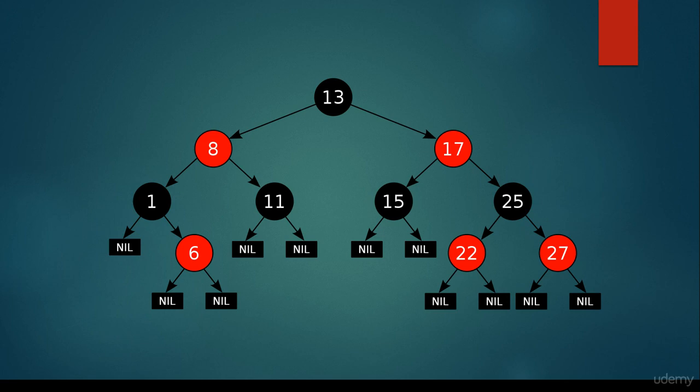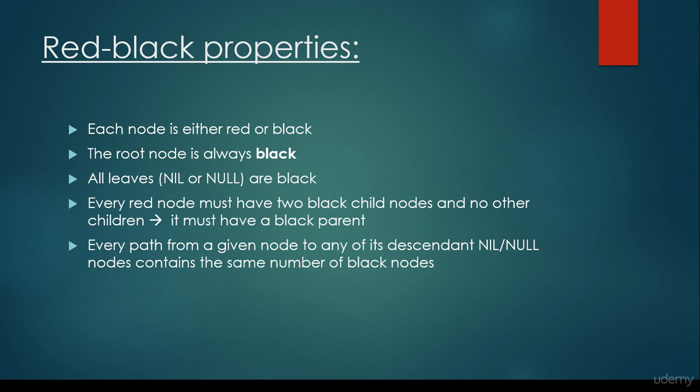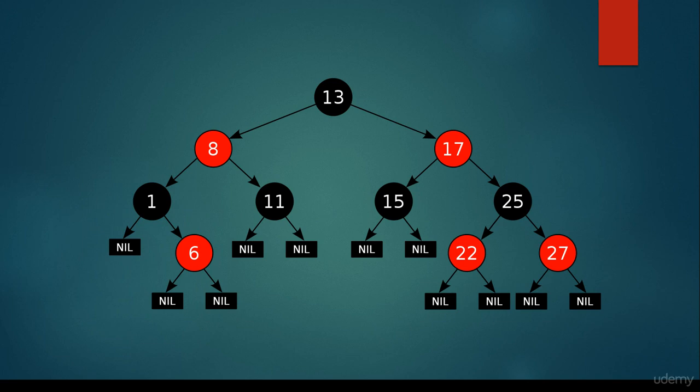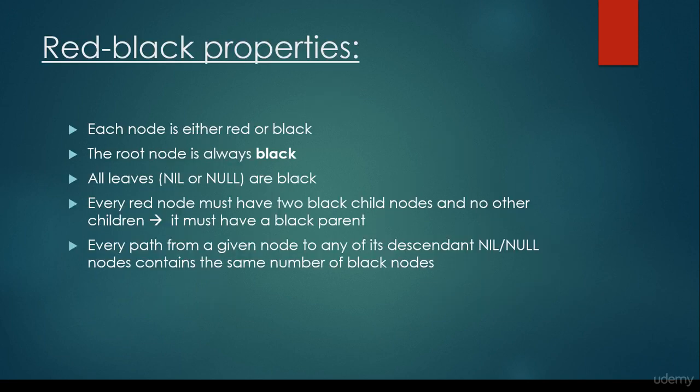Here we have to assign the color black to these null pointers because this is how we are able to check the red-black properties. So it's very important that these leaf nodes, in the sense that these null pointers, are black. And every red